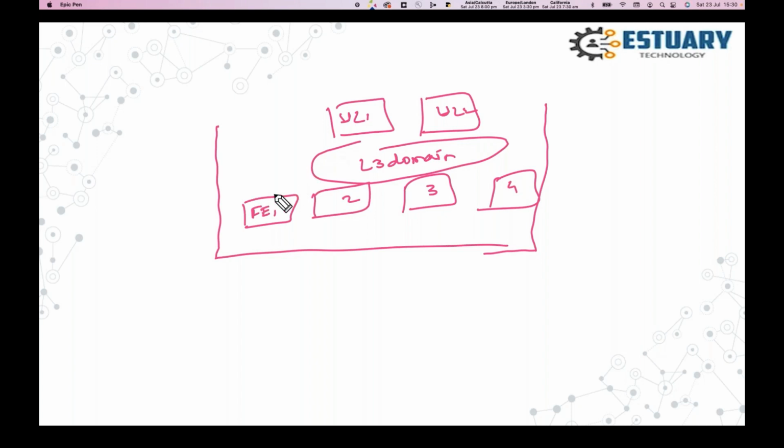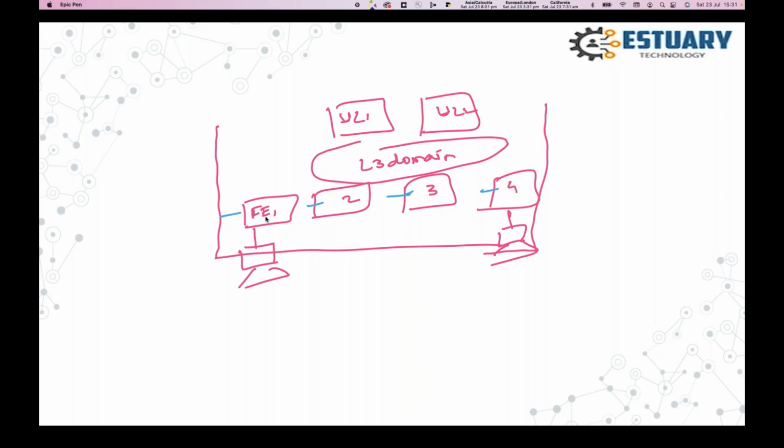Now, when I say underlay, if I want to reach from here to here, I was showing you the loopback IP address here and here.